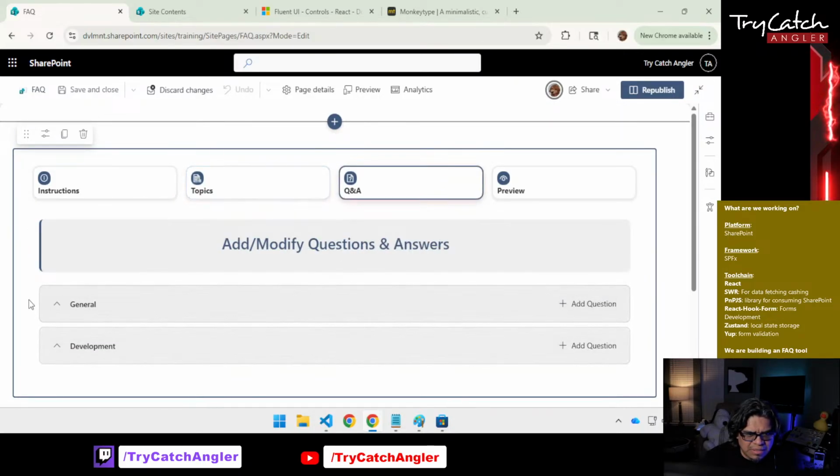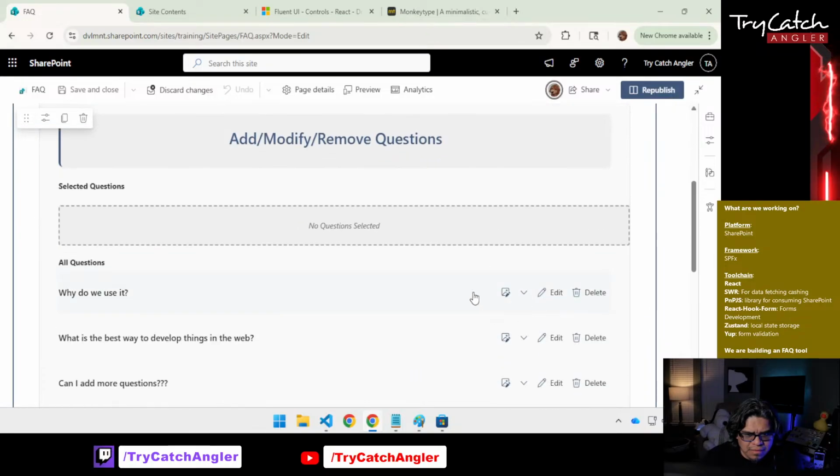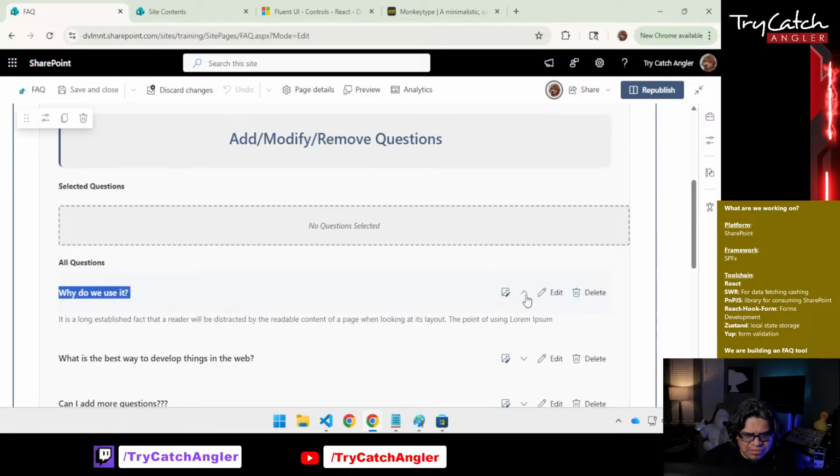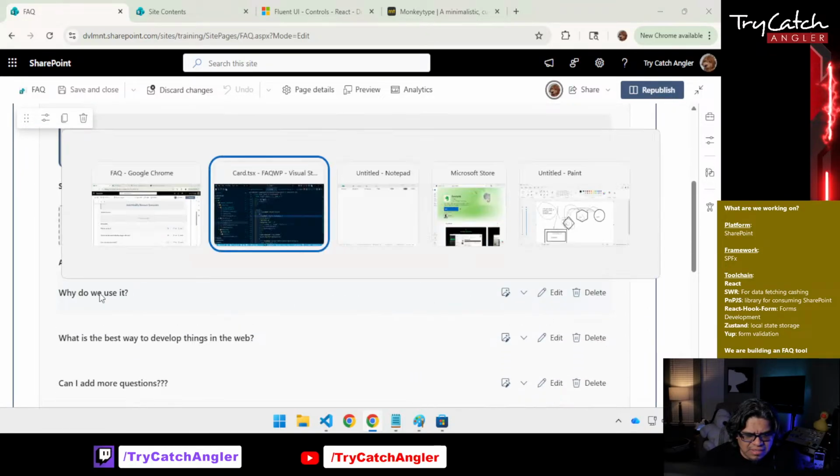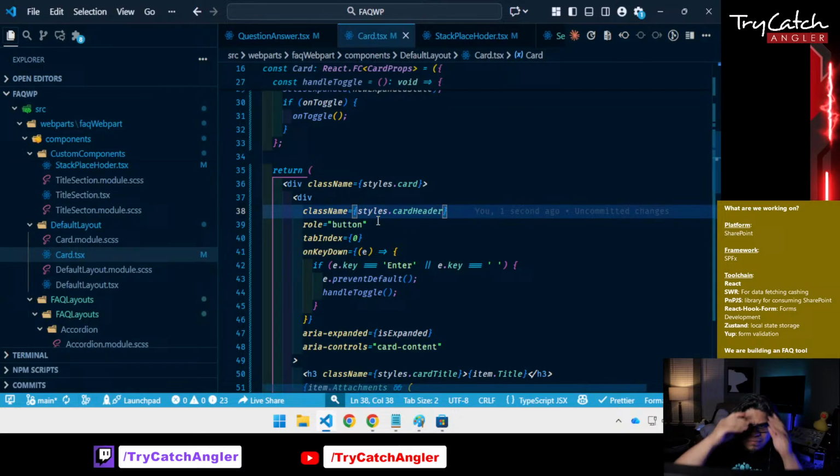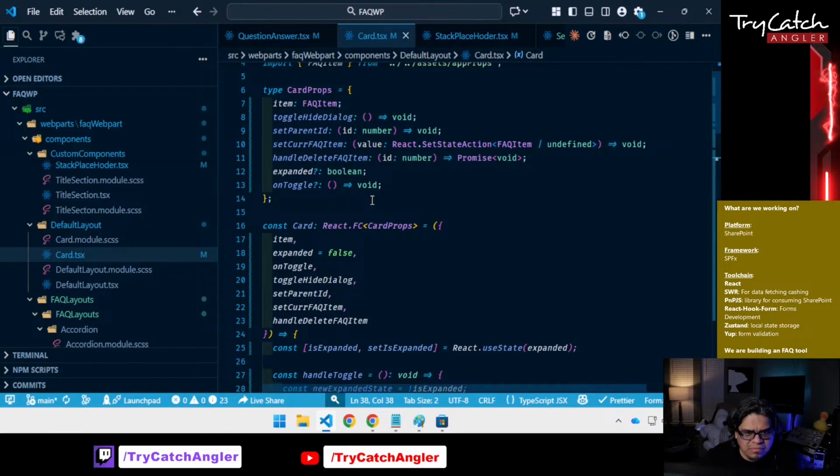So we go to Q&A, and when I click on it, it does nothing. It's only when I click on the chevron that it does that. So now to the div, we'll add the toggle to move it into